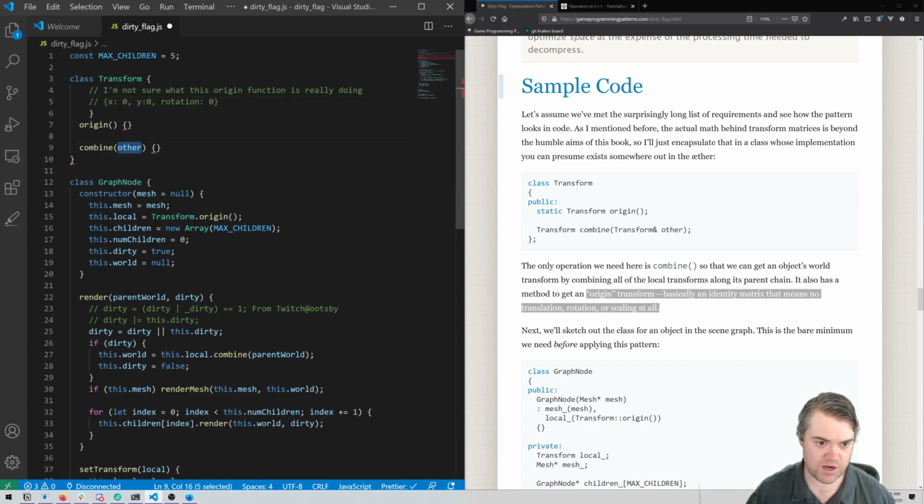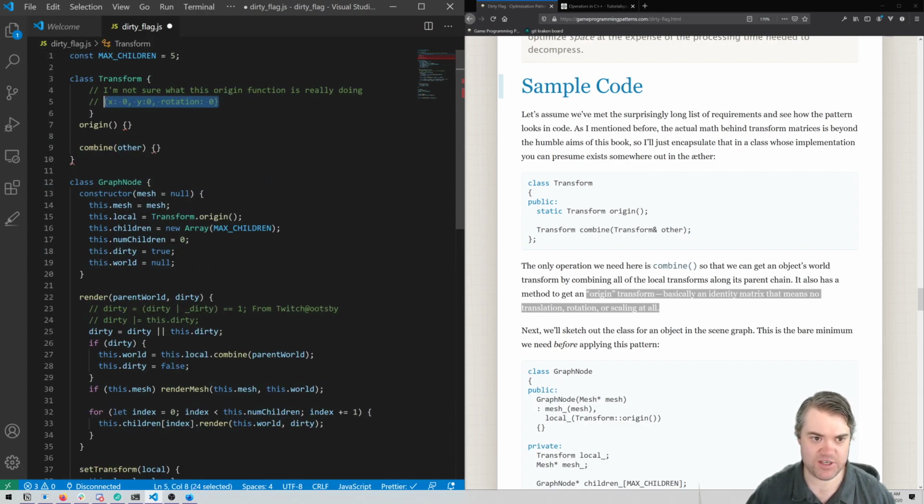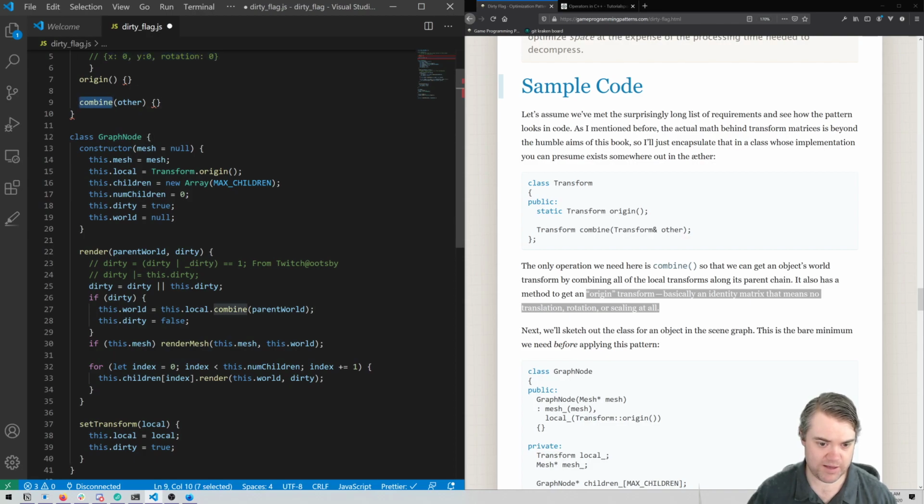And so then we do other. And so we're getting the original origin transform, which is absolutely nothing. Its x position, its y, and its rotation. And then we're just setting these in here as we go along. So when we call combine on this,